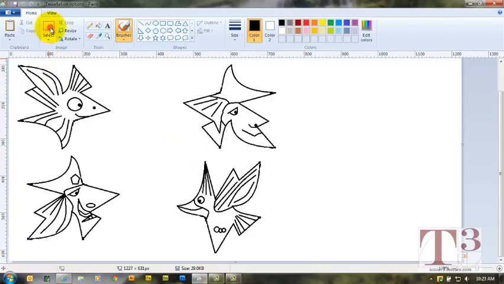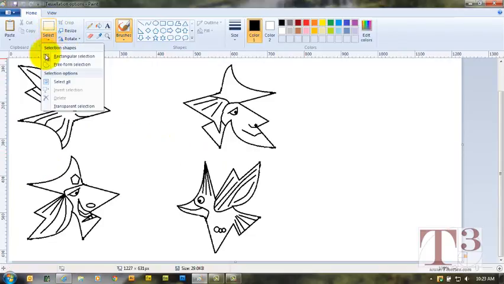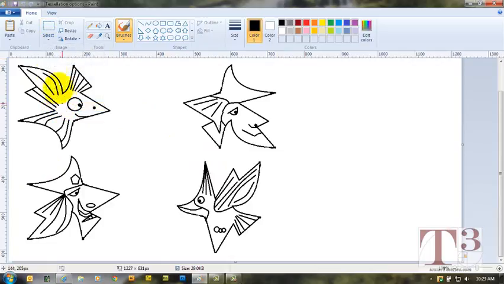But we need to select our selection tool and make sure transparent selection is on, so that when we click that again we can see a check mark here. So select our selection tool, and you need to make sure you drag over so you get the entire tessellation. So I'm going to grab that, hold the Control key and hit C,